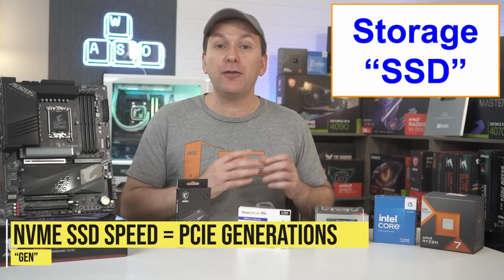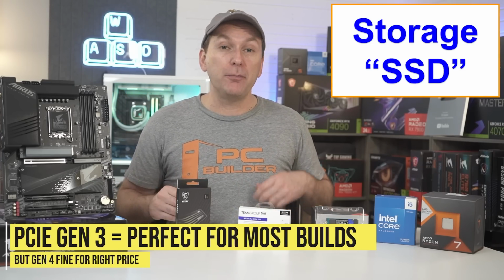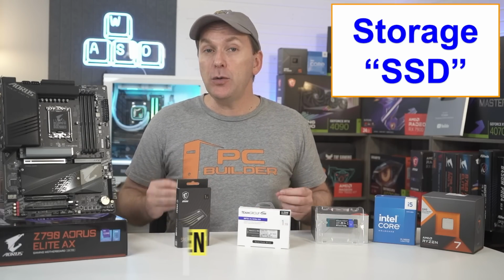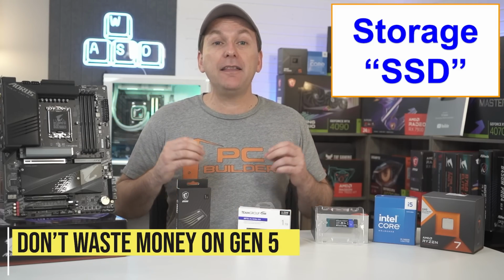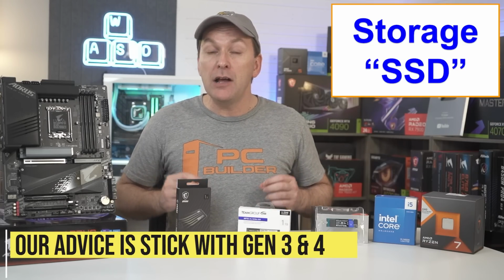NVMe SSDs come in a variety of speeds called PCIe generations, which we abbreviate as Gen. For the vast majority of consumers, PCIe Gen 3 drives are actually faster than you need, but Gen 4 drives are also very cheap. The newest Gen 5 drives, they don't really offer consumers any benefit, and they're super expensive. And some CPUs and motherboards we discussed won't even run them at their full rated speed, so my advice is